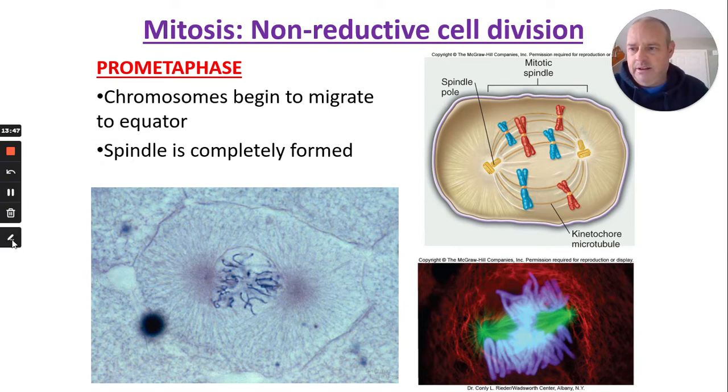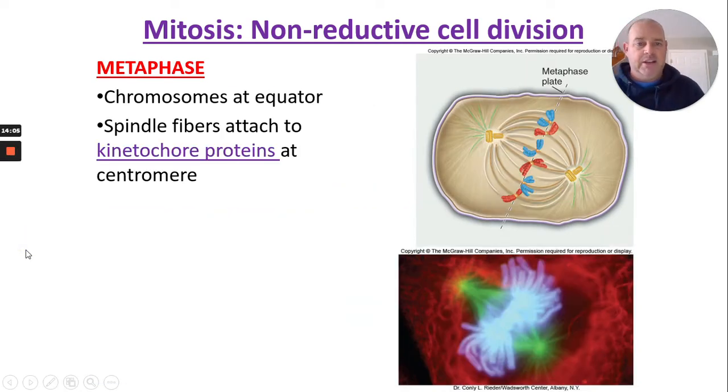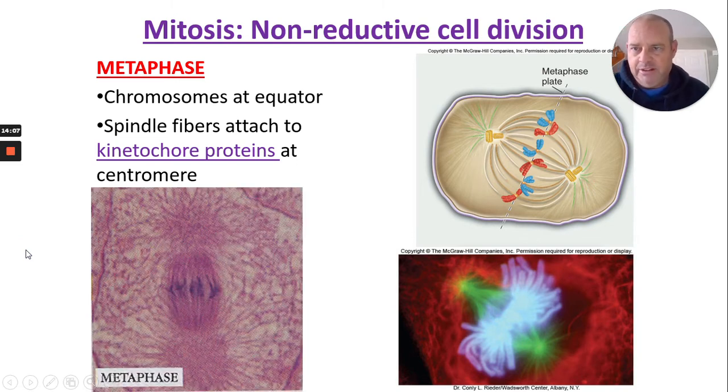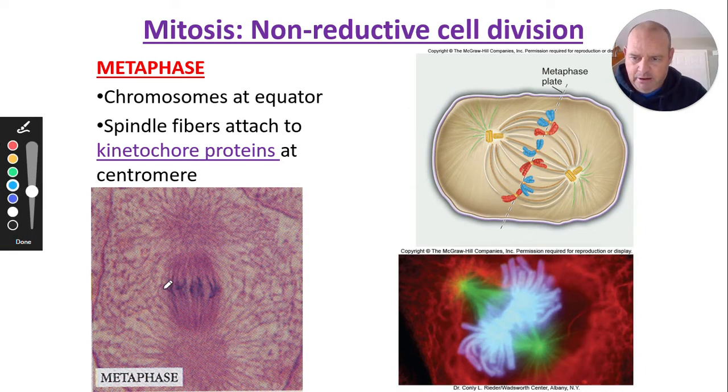You can see the spindle fibers over here have now attached to the centromeres, right? They've grabbed these pieces of DNA and they're starting to jockey them into position. They're trying to get them all the way to the equator, to the middle, so then they can be separated equally, which is what metaphase is, right? Meta, middle. That's how you always remember metaphase, when they are lined up at the middle. Okay, so again, here they are lined up, the DNA is lined up at the equator of the cell.